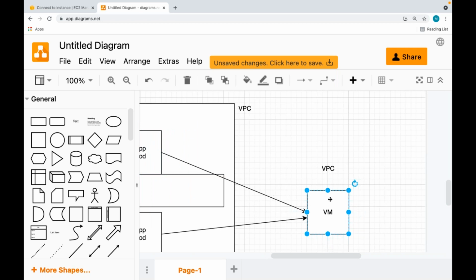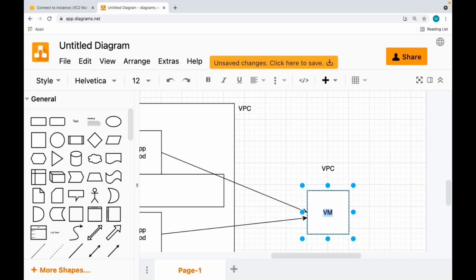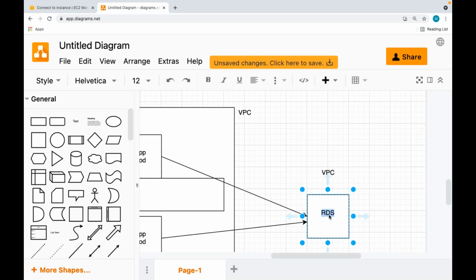The database server is in a different VPC. Your Kubernetes cluster is in a different VPC. What concept can you use here? VPC peering. Instead of a VM, can I go for RDS also if required? Instead of creating a server and installing the database, can I go for RDS, managed services, managed databases? That is also possible.